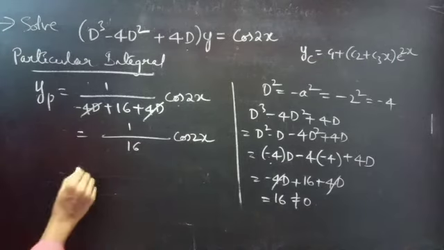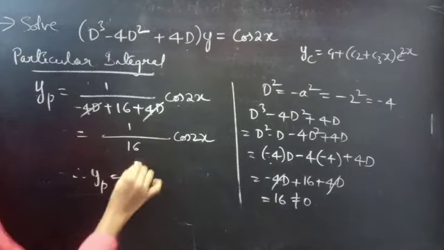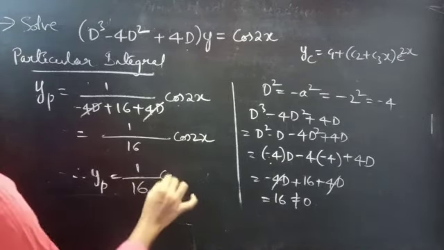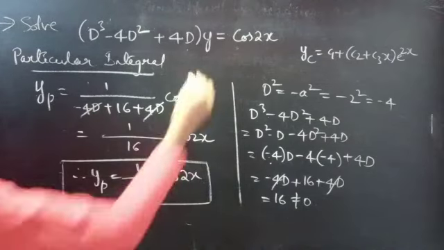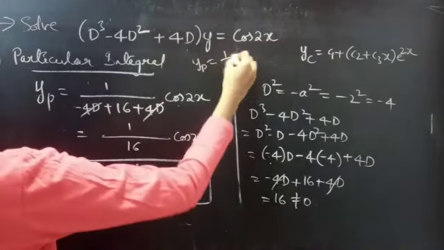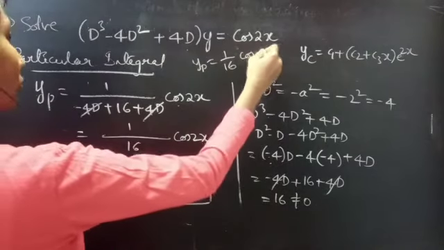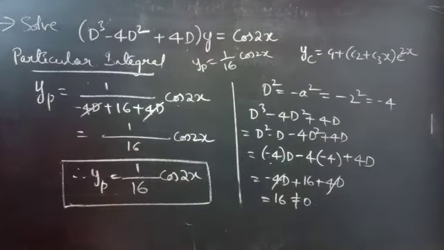Therefore, yp equals 1 by 16 into cos 2x. Right? Now,